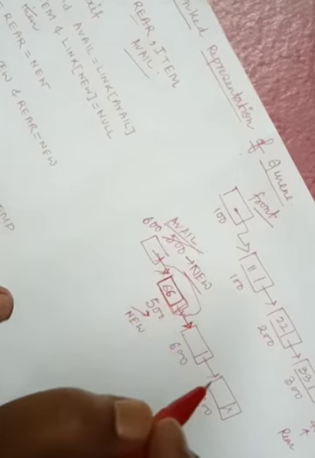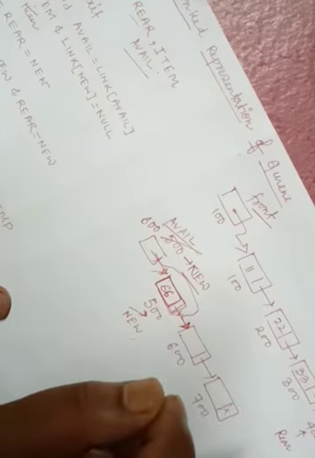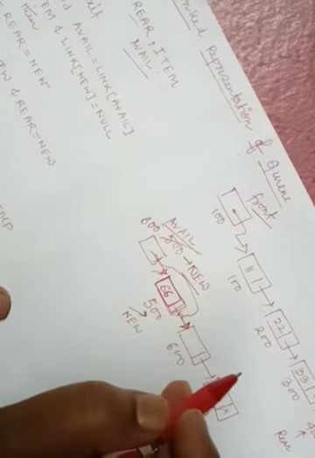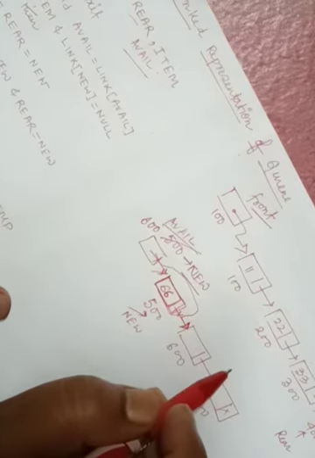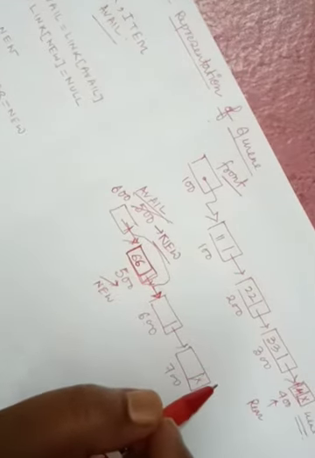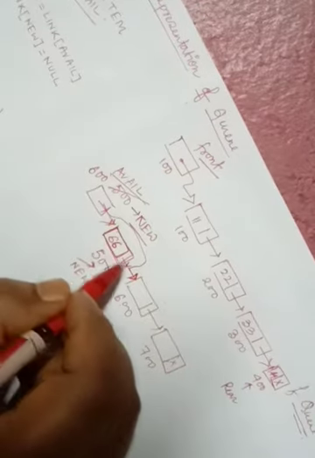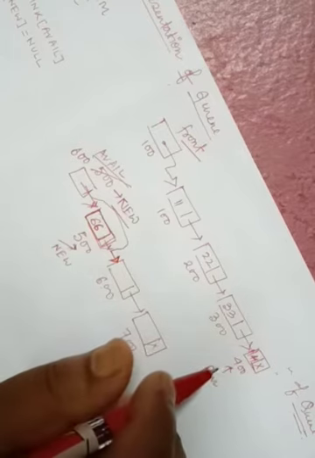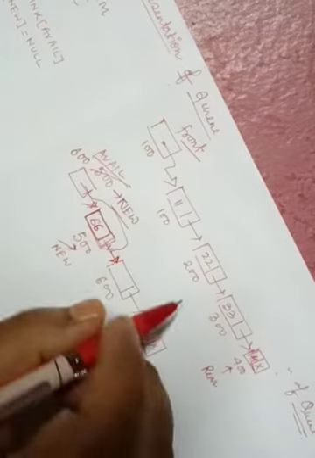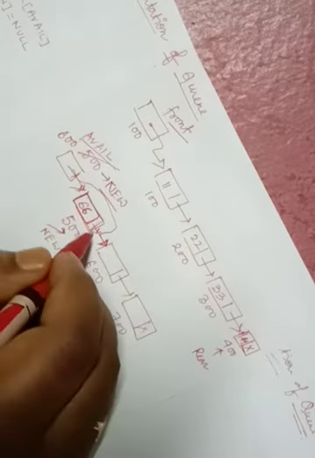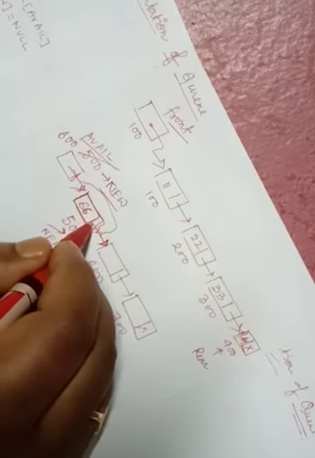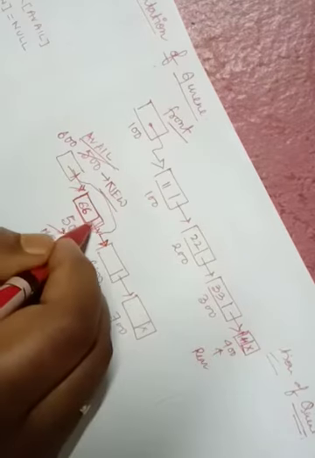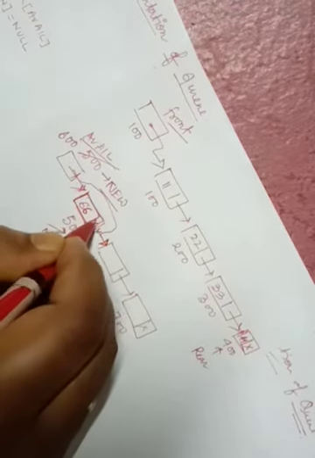As I've already told, in case of inserting a node into the queue, we always insert at the rear position. If you compare it with inserting an element into the linked list, this is similar to inserting a node at the end of the list. So when you insert a node, it will always go to the end of the list. So here we will put the cross sign because this indicates the end of the list, isn't it?